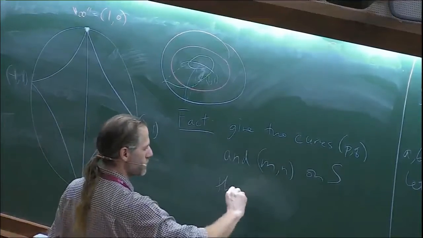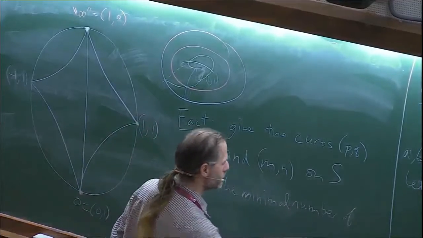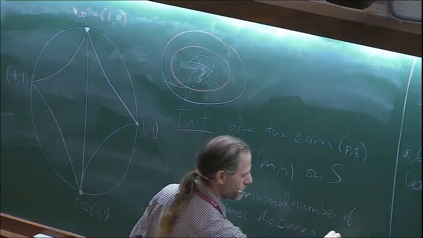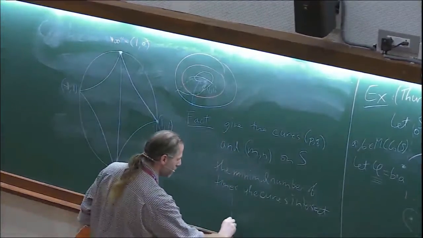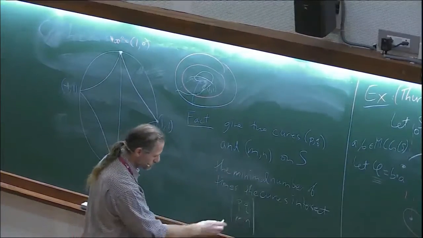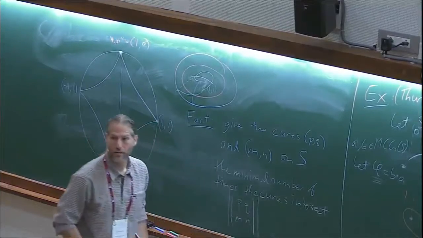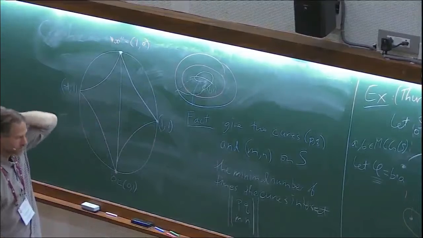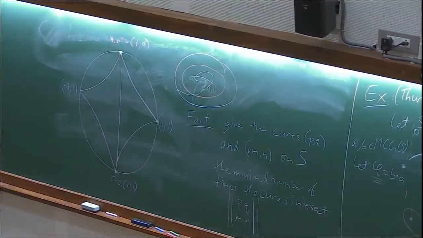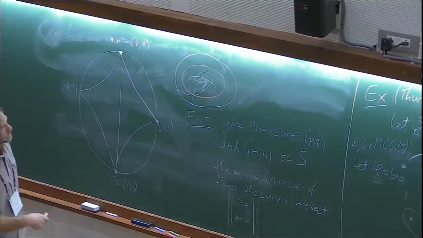Okay, the intersection number, the minimal number of times these curves intersect, is just given by taking the absolute value of the determinant of the matrix formed by putting the terms P, Q, M, and N, and taking the absolute value of that. Okay, so you can check that in these things. It's just linear algebra. Once you've done it in these examples, extending that to all rational numbers is just a nice exercise. So this tells you intersection numbers,